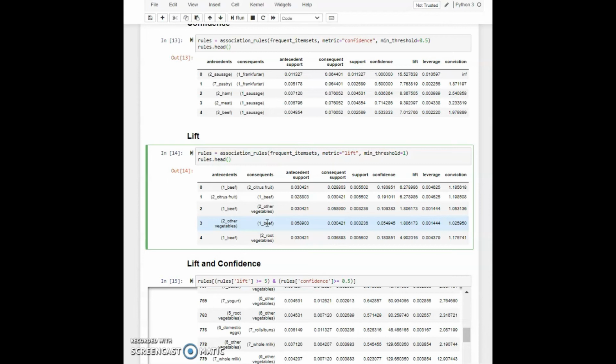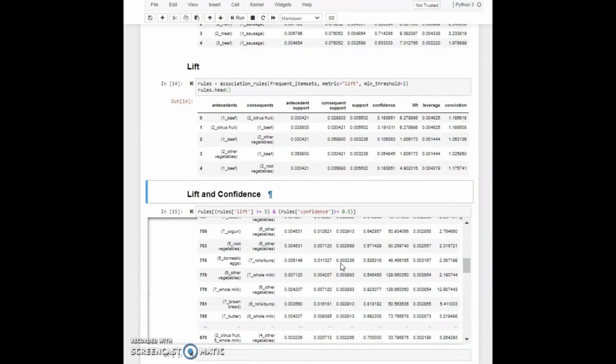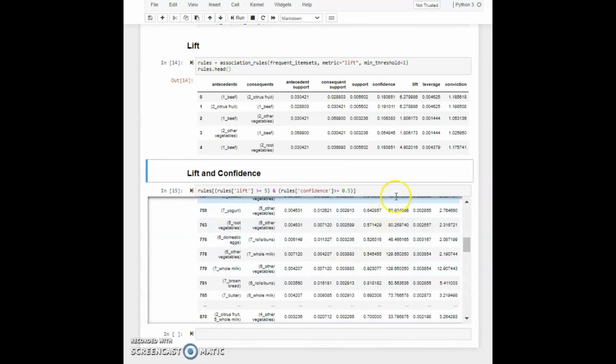Now that we have generated rules, let's filter out these rules for optimal lift and confidence in cell 15.